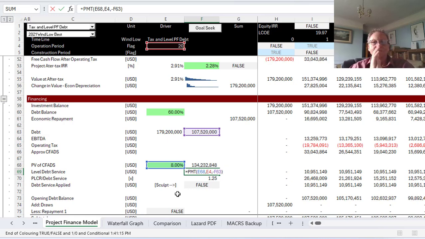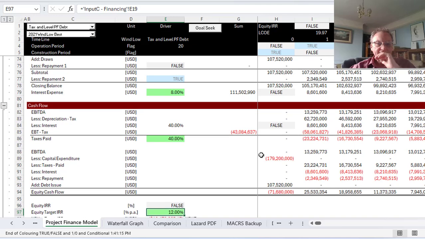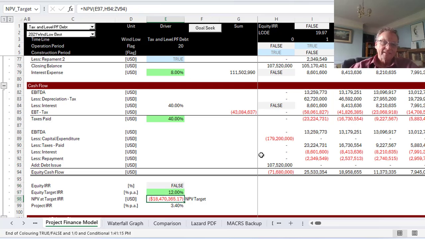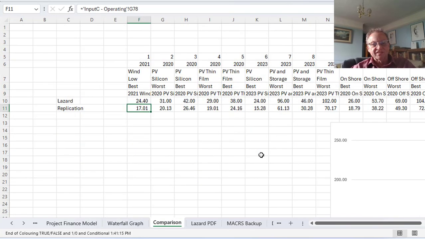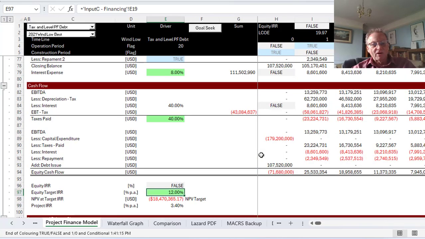So that's good. Now, you notice I put a little test in here, and I think you can put the key test just like this if you press Control. That comes from here, and the test says, here's the IRR you get for the equity. That's a false because it's all a mess. Here is the NPV, and what we want to do is generate that 12% return, just like Lazard does it. So this time, unfortunately, I'll try to explain why in just a minute, we need to do a goal seek and we need to set,